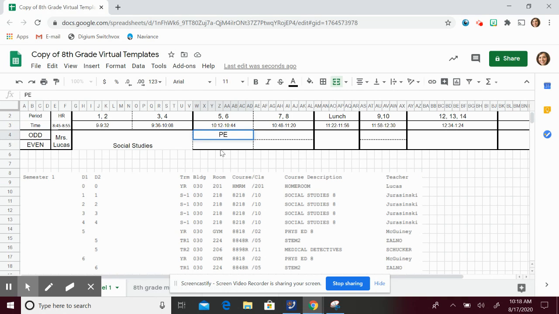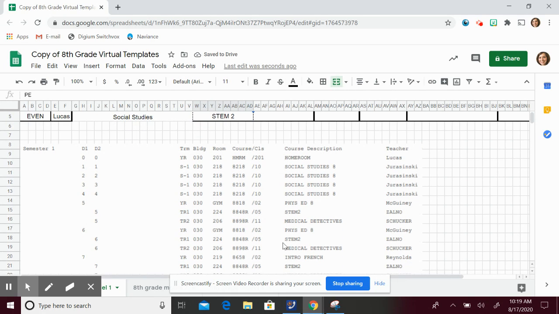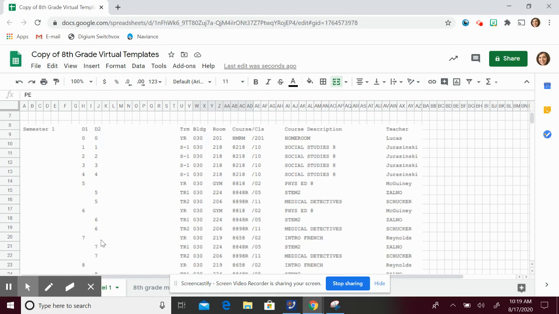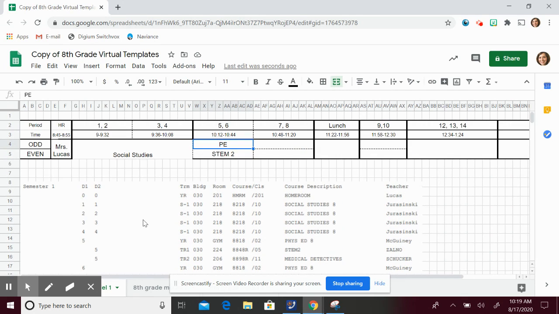All right, and then we're just going to put 5 even here now. So day 2, period 5, for trimester 1. We're not going to put trimester 2 in there. Trimester 1 is STEM 2 with Mr. Zalno. Now, STEM is a class that we have period 5, 6, and also 7, 8. So again, I'm just going to make it easier on myself, and I'm going to merge these cells